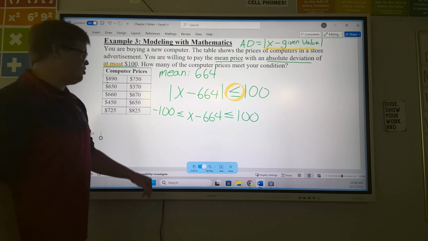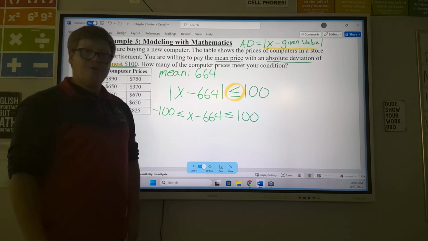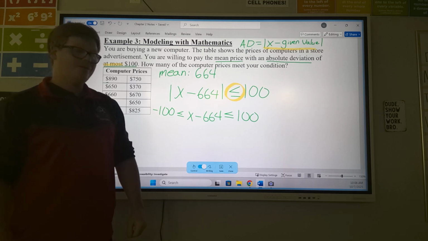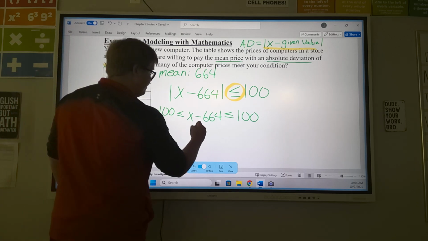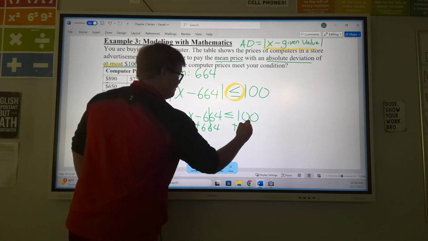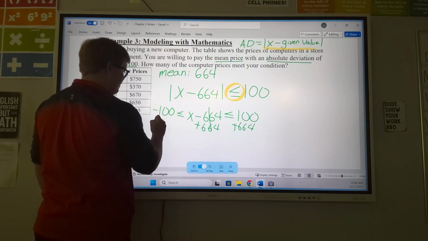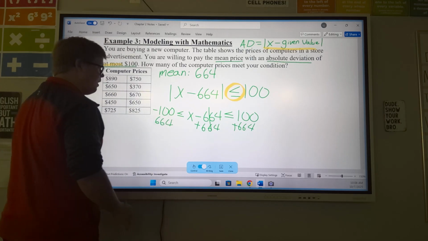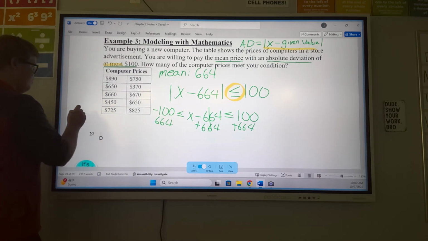Now, in this situation, we can solve for both negative 100 and 100. All we have to do is get x by itself in the middle by adding 664 to everything. Okay, when you add everything together, your final answer